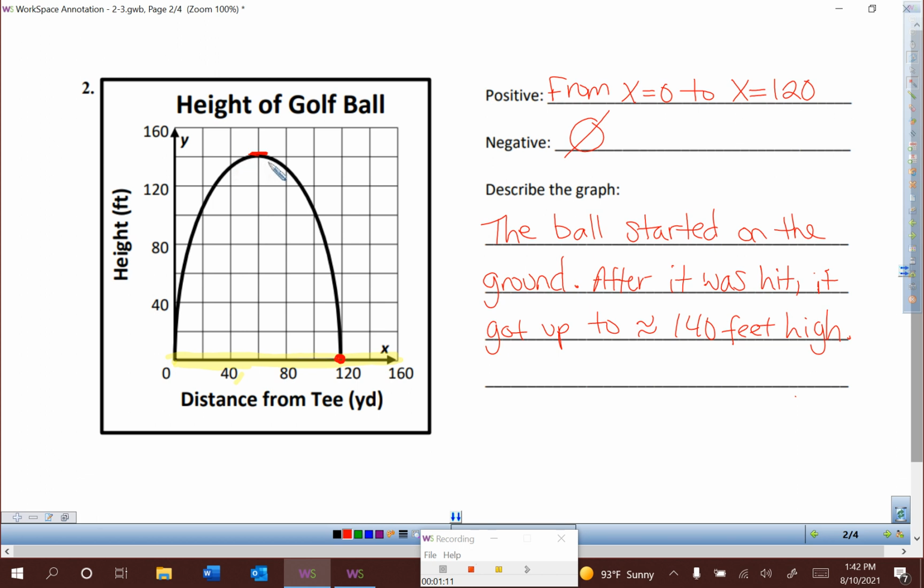And then it came back down, and where did it land? Approximately 120 yards away from the tee. So it then landed